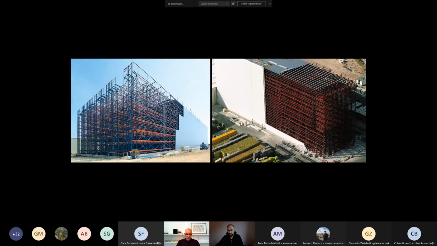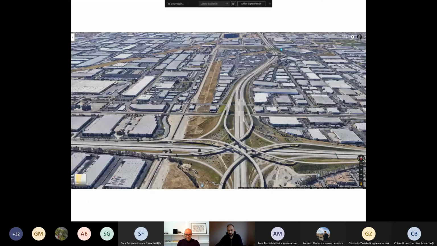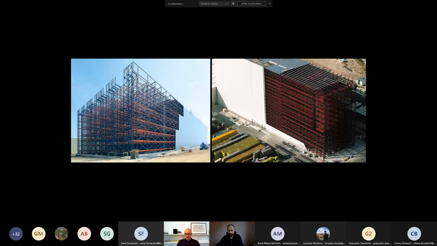If you look at this logistics, you see that it also has an influence on the way we build, not only on the way we build, but on the very nature of architecture. Traditionally, architecture is something with empty spaces, but when you look at most contemporary buildings, especially the ones dedicated to logistics, in fact, emptiness does not exist anymore.